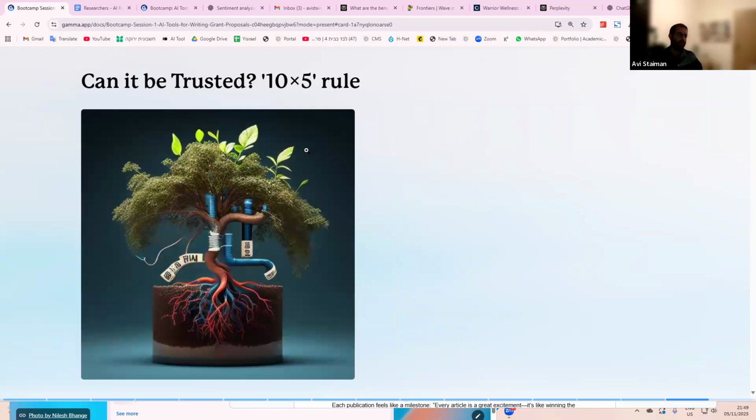But then the question is, well, can we trust these tools? How do we know when we can trust them? So obviously the trust of the tool depends on what the tool is supposed to do and whether we have learned how to use it properly and whether it really actually delivers on the promise that it makes. What I find is I need to spend at least 10 hours with a tool before I feel comfortable with it, which sounds like a long time, but the truth is I'm sure you've all done that with certain tools. At least 10 hours. And you want to be able to get at least 5 times in a row an accurate answer or a good answer or an answer that you feel confident about.